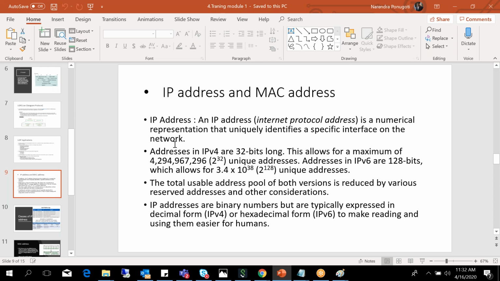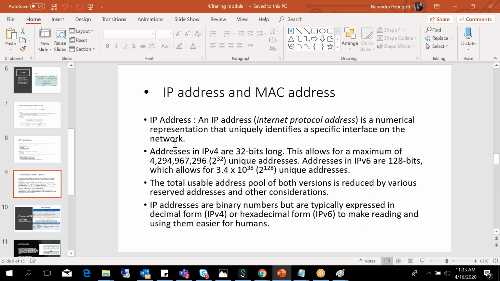My company's reception guy will take that and read who this guy is, the name, and which specific department, everything that is mentioned. So my receptionist will deliver that courier to me. Here the IP address is my company name. So my identity here is my company name. Where exactly, which department, my name, everything is the MAC address. So the MAC address is the physical address of the device.